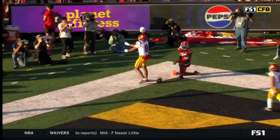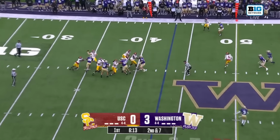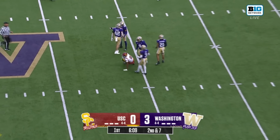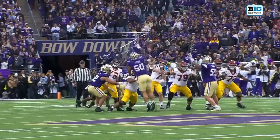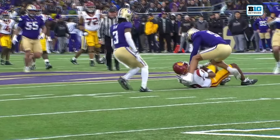And Washington secondary, as we mentioned, #1 in college football, got to tackle well. Pressure coming, catch is secured. What a catch by Jacoby Lane. From his backside, able to move the sticks. What a catch, what a throw. Miller Moss had a...